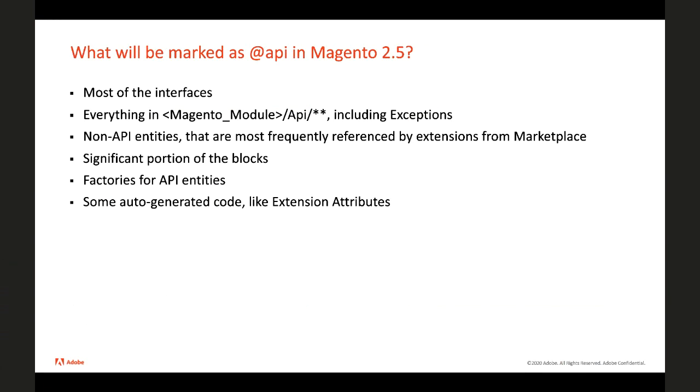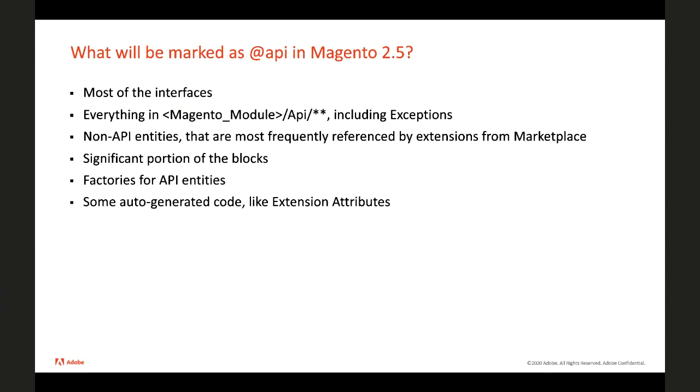Additionally, we are going to mark a significant portion of blocks. A little bit of history, why blocks were marked as, or like they're actually not marked, but if you look at documentation, we treat all blocks as API currently, and the reason for that was to prevent adding new blocks in patch releases. And the solution was to mark them, or like to treat them as API. And as you know, it is prohibited to add new APIs in patch releases of Magento because it is a new functionality, and since extensions cannot declare